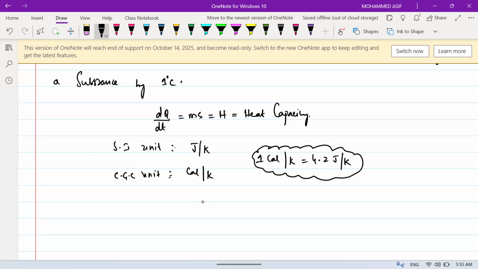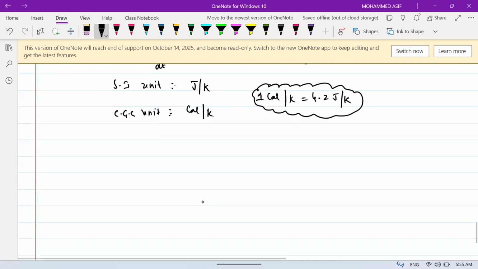Clear? So what is the specific heat formula, beta? dQ by dT is equal to m into s. M into s is known as heat capacity. Am I clear? What does heat capacity depend on, beta? This is already a theoretical question. Try to remember. Heat capacity